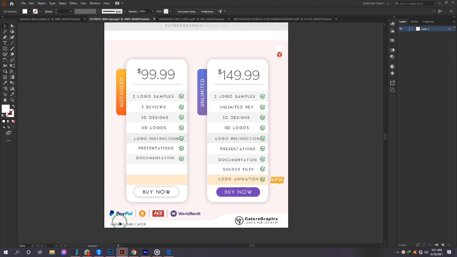Very simple. You can add your contact detail here and add your logo and your business name over here. You see how simple this looks? Very, very simple. You can prepare this. This is for